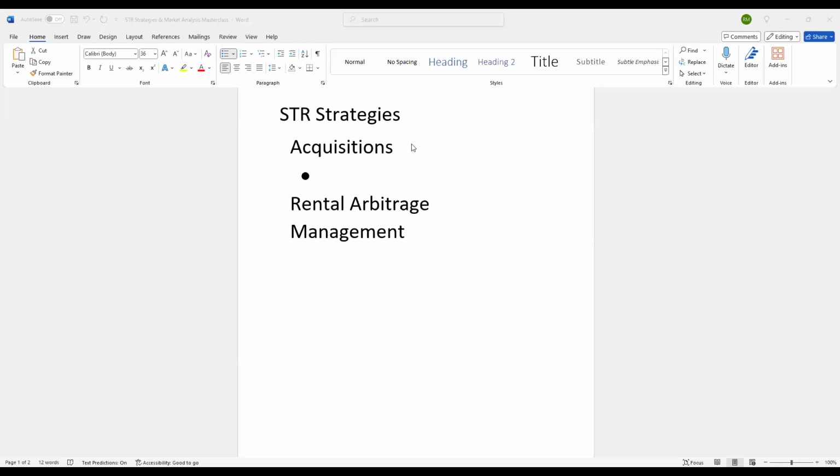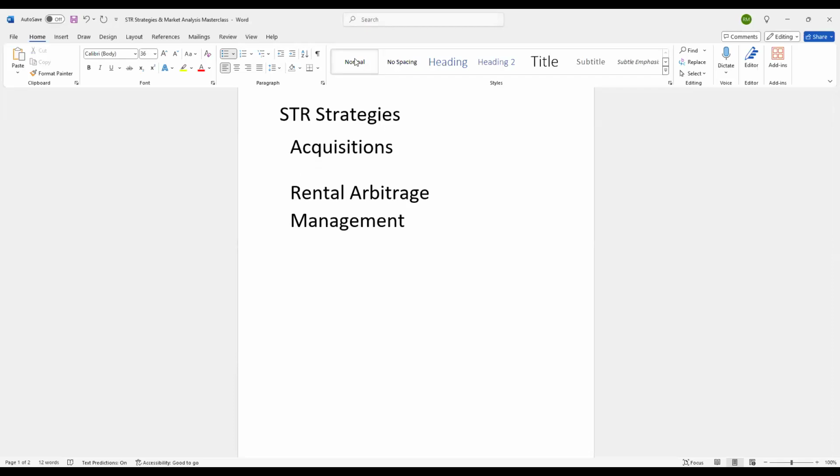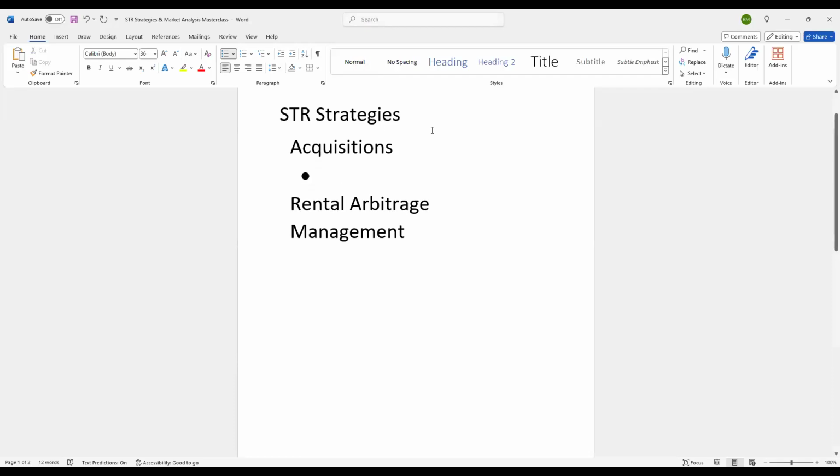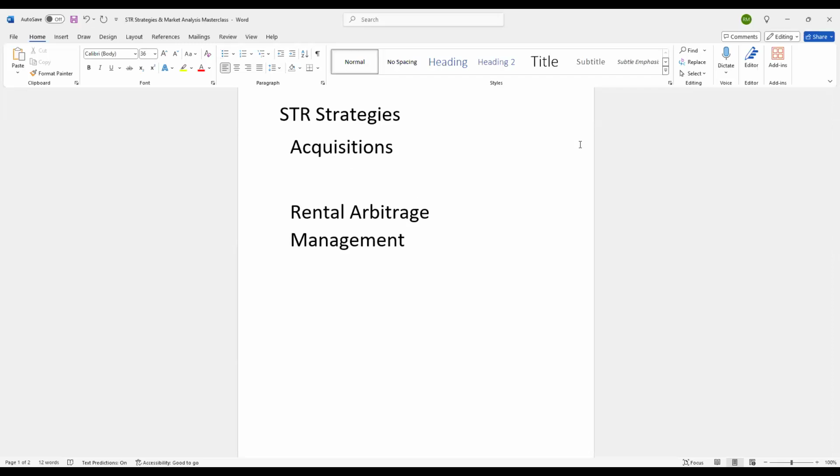So if there aren't any other questions, we're going to have an opportunity to go over some Q&A again. What I'd like to do is go through each of the three strategies in a little bit more detail, and we'll do a Q&A after each of the three strategies. So like we talked about, we're going to go through acquisitions first, right? And so one of the things under acquisitions